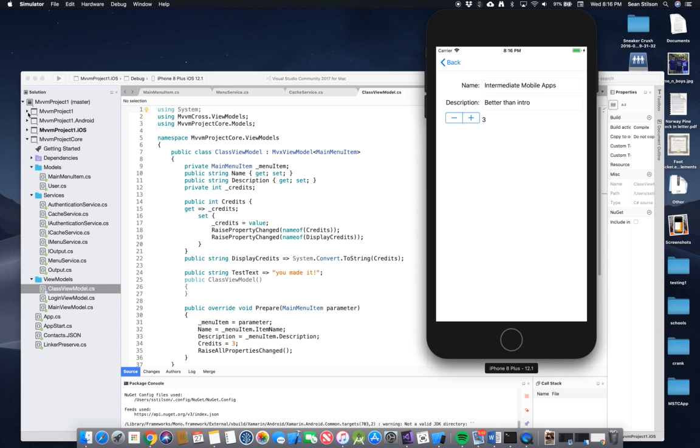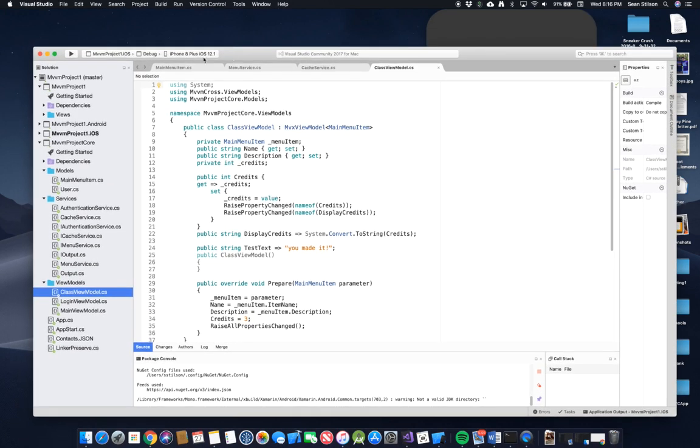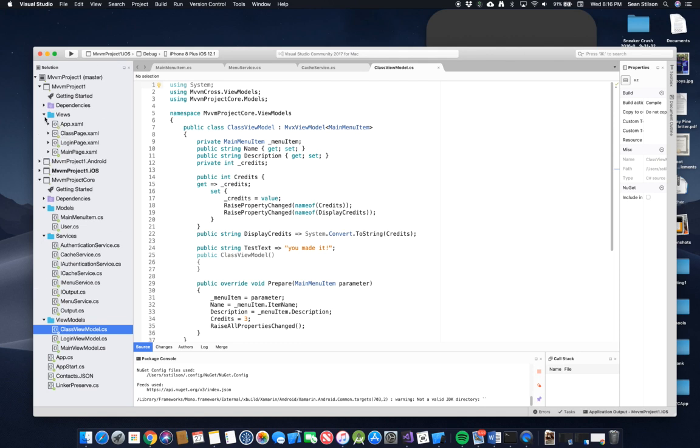If I go up into the Xamarin project, and I go into views, there's a class page.xaml, and that class page.xaml aligns with the class view model. Again, it's a naming convention that MVVM uses to match up the view with the view model. So in the class view model,